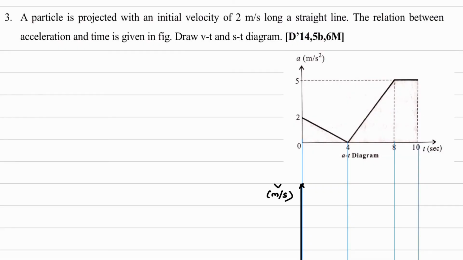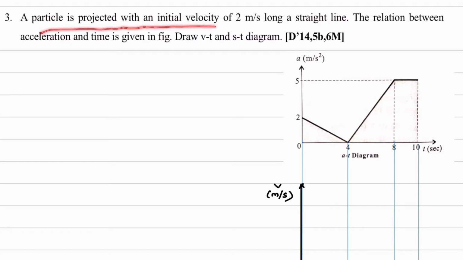Good morning. We will continue with the numericals on motion curve. If you recall the previous numerical, we had solved it for VT diagram. So VT diagram was given, and from that we had drawn AT diagram and ST diagram. Now in this question we will see a particle is projected